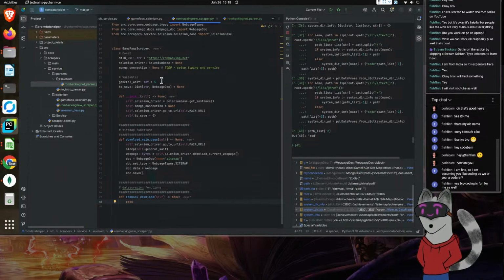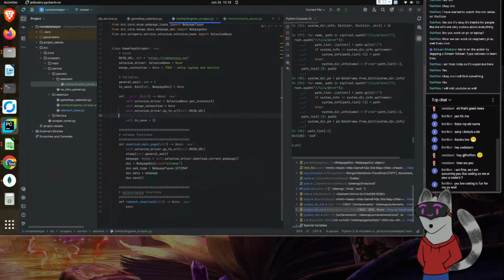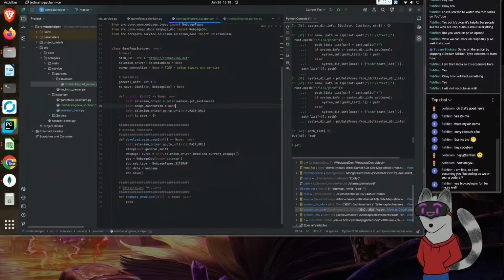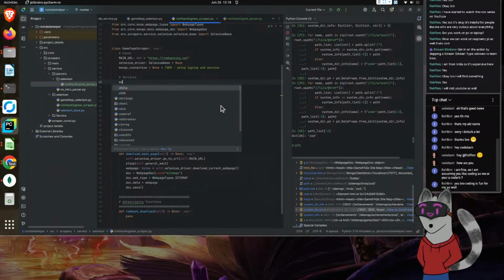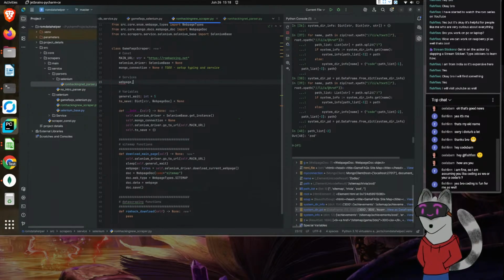Okay, so for the parsers, we're going to have to access the web document as well. All right then. We're going to have to fix it. We're going to have to do this. So we need to create the web page service, and then we'll call this web page service.